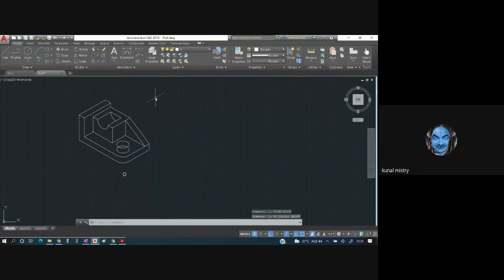Let me just go back. The circle we have to copy and select this. I'll select copy, from the center. F5. It should go down by 12 mm. So it has gone down by 12 mm. Control A and trim. This part should be trimmed and this part should be trimmed. So we have got the part.